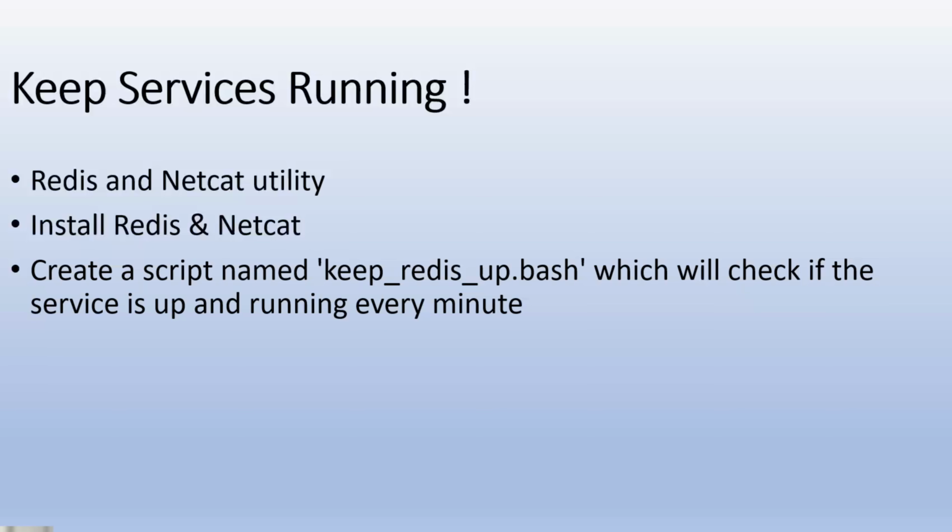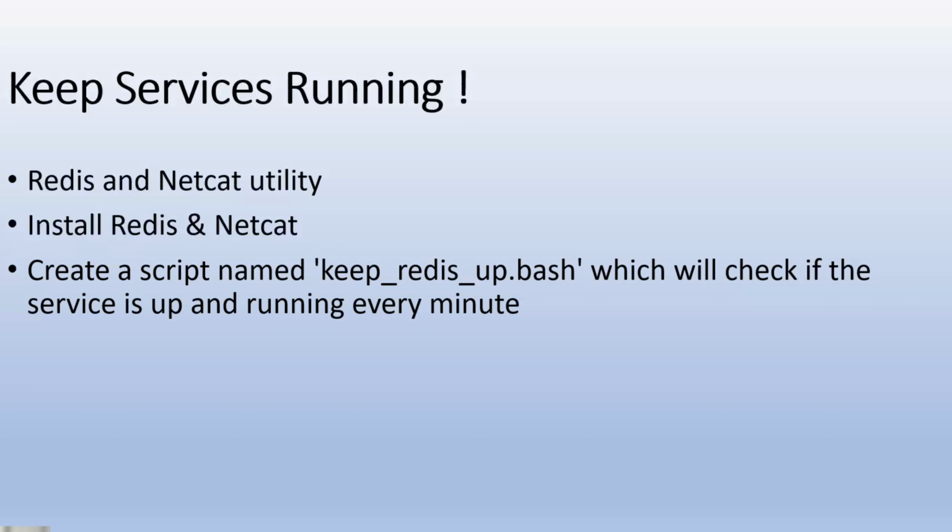But there may be instances when this particular process is terminated by an external process. Let's say there is a housekeeping process which runs every week, and there is a rule configured like: if a process is running for more than 5 days continuously, kill it because it might be consuming a lot of CPU. There may be n number of reasons this process could get terminated. So in that case, Redis will be down and we don't want that.